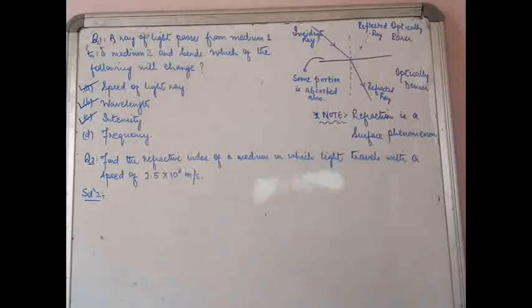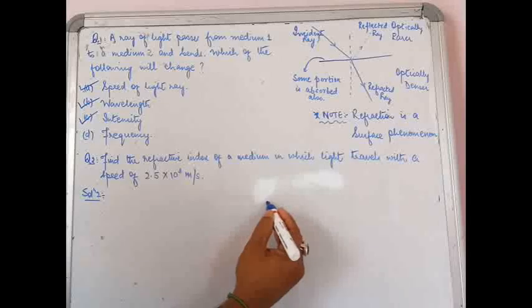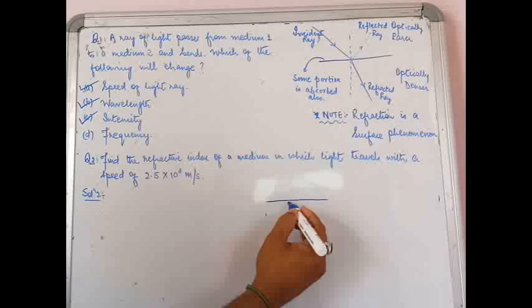So you see, find the refractive index of a medium in which the light travels with the speed of 2.5 into 10 to the power 8 meters per second. Okay, so you are supposed to find out the refractive index of a medium in which light travels with the speed of this much. Okay, so if we want to draw a diagram over here, you see,